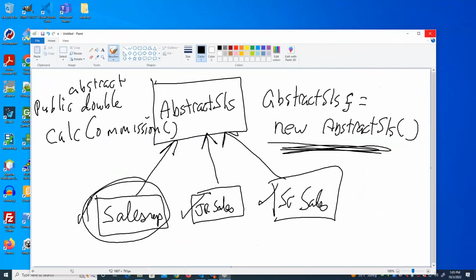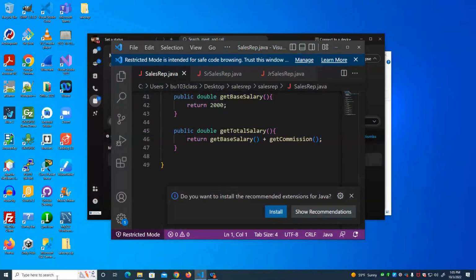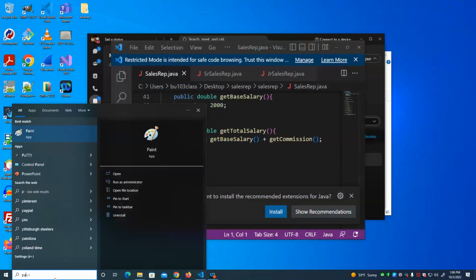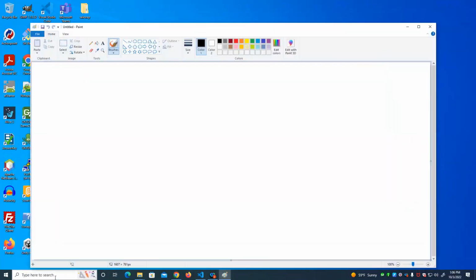That's a special case of a regular sales rep. If that was confusing, review abstract classes in the book, and there are probably some resources out there. But I'm going to create something like this,